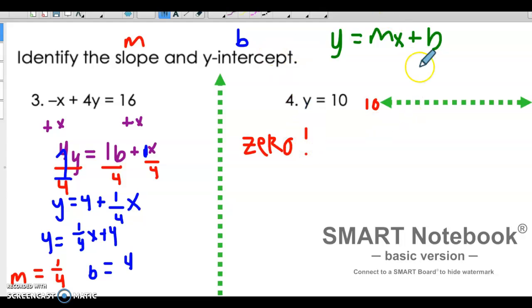Because you don't have a change in y. Every single point on the line has a y coordinate of 10. So here our slope is equal to 0. And then our y-intercept is equal to 10. Because the equation literally tells us that y is equal to 10. So every single point on the line has a y value of